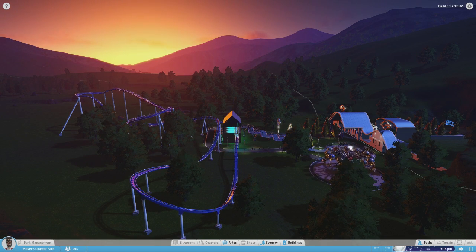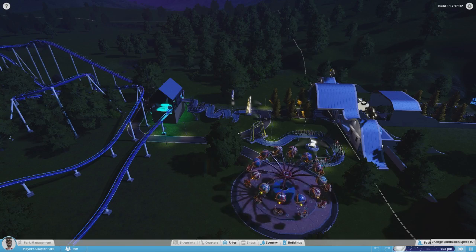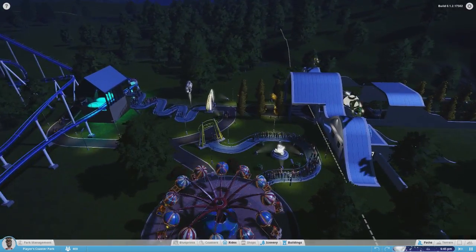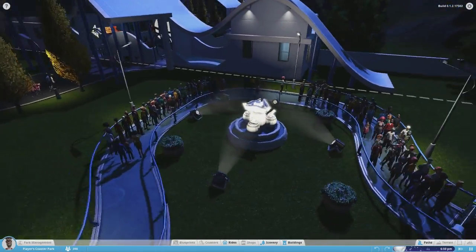Okay, so that's done. I decided to play with the lighting a little bit because that's something fairly new that's pretty damn awesome. Since it's gotten pretty dark, I'll go ahead and return to normal time. I decided to play with the spotlights a little bit because those are going to be a big thing for the scenery. Like, as you can see right here, I decided to just light up this little fountain thing